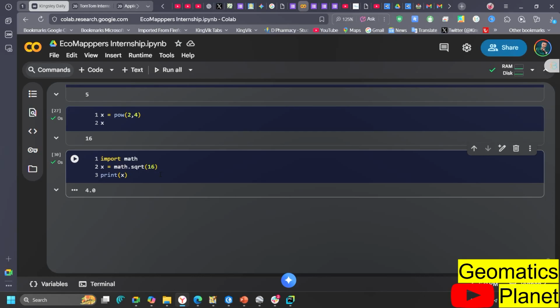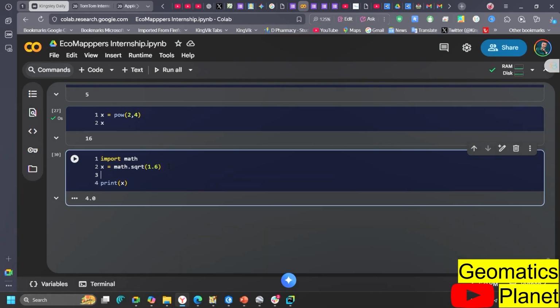So we also have math, and we can use it in different ways. We have floor, and we also have math ceiling. Math ceiling rounds the number upward to the nearest integer. Floor rounds the number downward to the nearest integer and returns the value. For example, if I say 1.6 here, and then I go ahead and say y is equal to